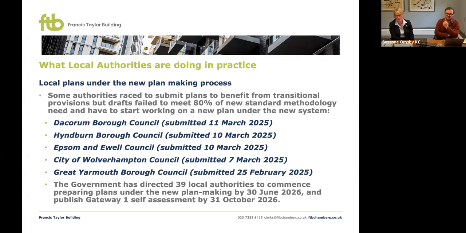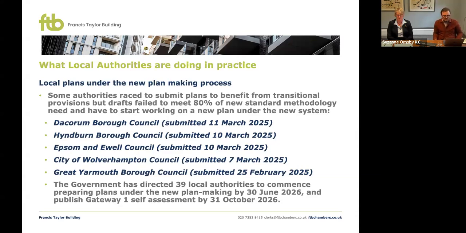And indeed, that's exactly what did happen with a group of councils that sought, like South Gloucestershire, to take advantage of the transitional provision to avoid the potential consequences of a change in the standard methodology for need in particular. But when they came to submission, their draft plans were failing to meet the 80% new standard methodology threshold test for bringing themselves within those transitional provisions. These include Dacorum, Hyndburn, Epsom, Wolverhampton and Great Yarmouth. And so, having failed that hurdle, they were directed to start new plans under the new plan making system,